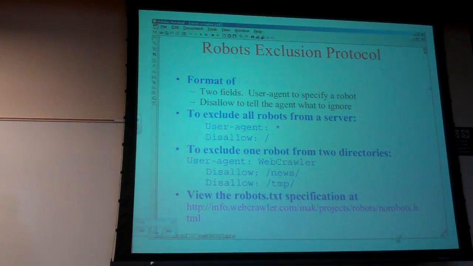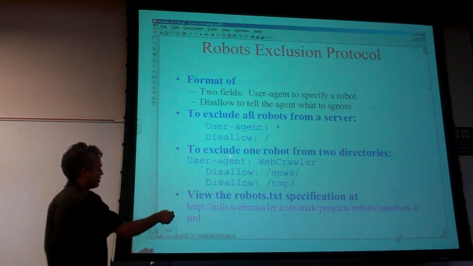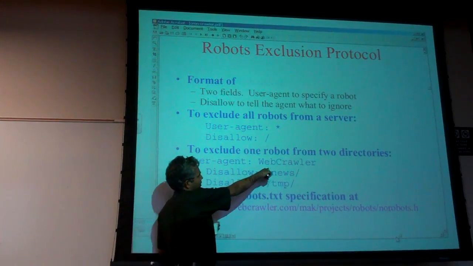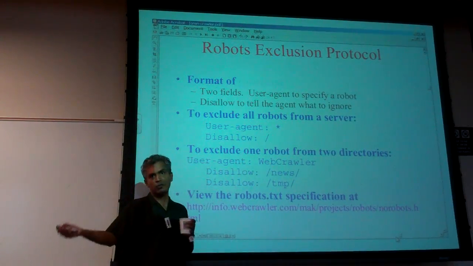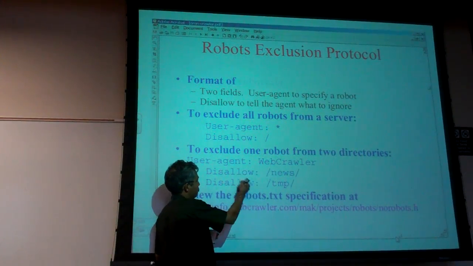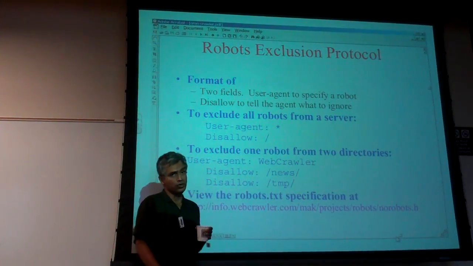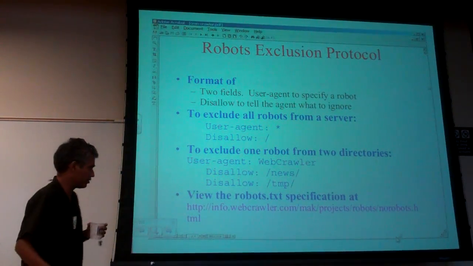And then normally, if you are writing a legal crawler, it is supposed to first go to the robots.txt, see what it is saying, and then follow the rules. Okay? So that's the first thing to keep in mind. In this case, for example, web crawler was an old agent; nowadays it's Googlebot or Yahoo bot or whatever. So it's saying that for web crawler, it should not be crawling the /news subdirectory and the /temp subdirectory. That's what it's saying.